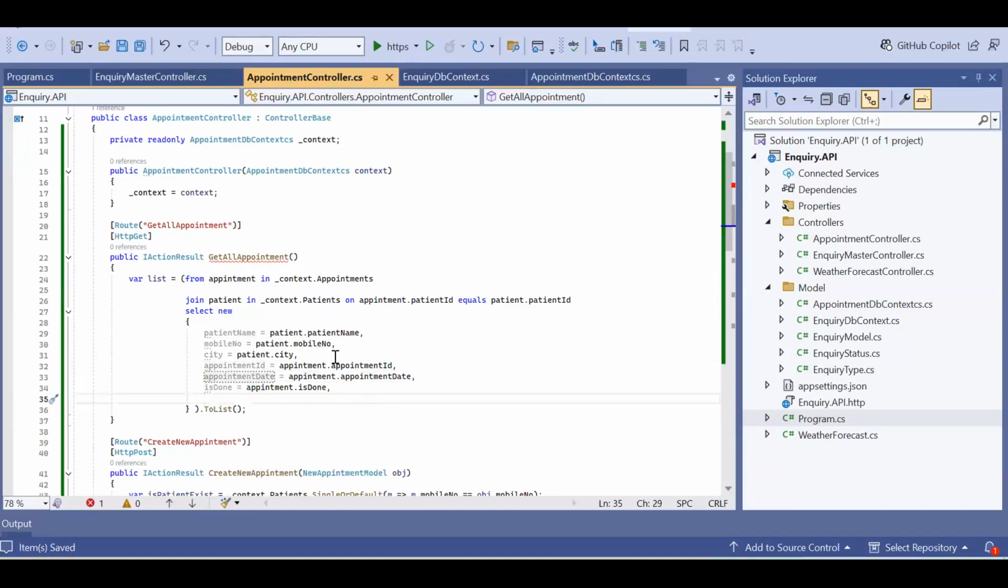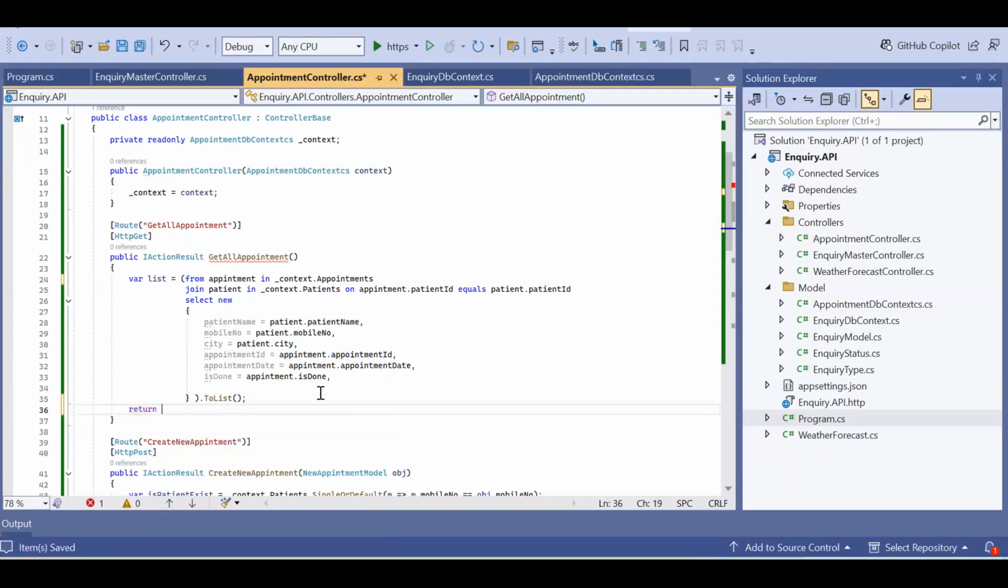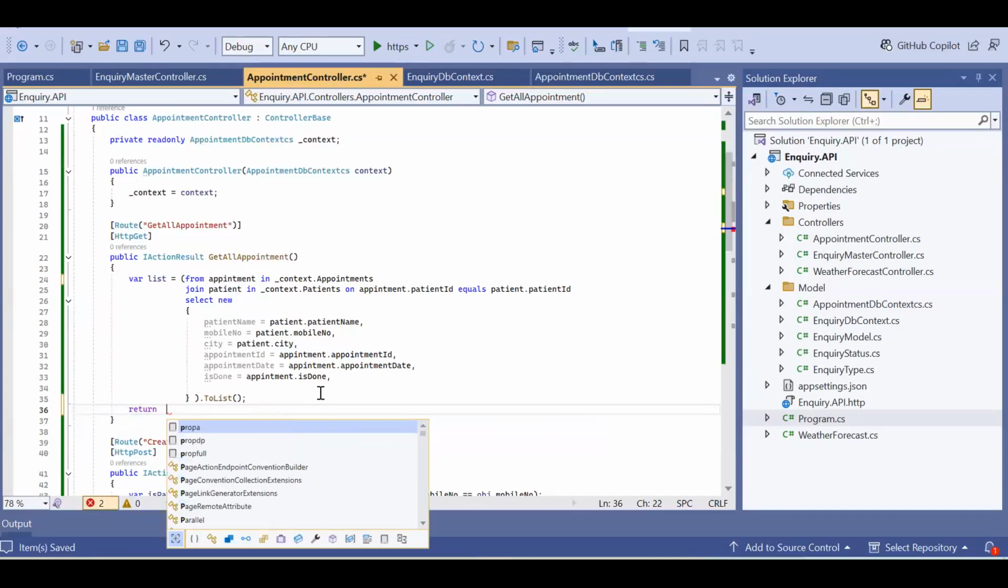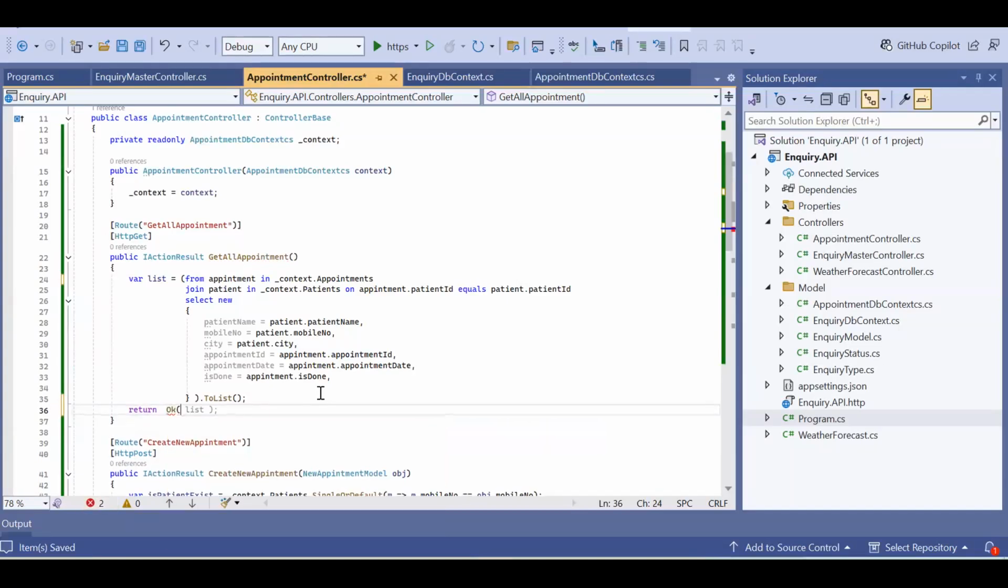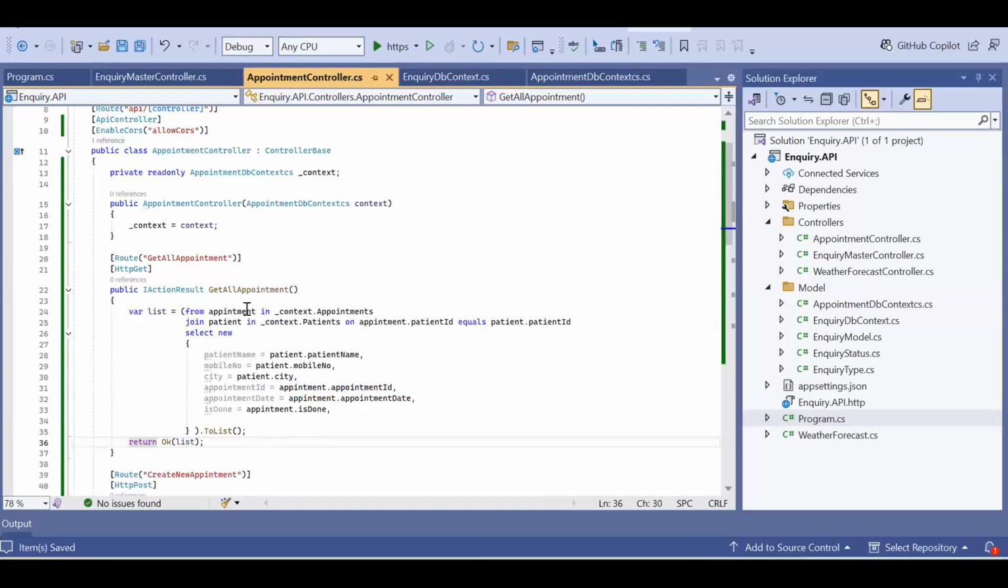Fine. So now you can see we are joining two different table data and we are returning. Okay, so patient detail is also there and appointment detail is also there. And this return. Okay. And we have to provide the array which we got. So list I will say over here return. Fine. So now you can see we have an API to create new appointment and we have an API to